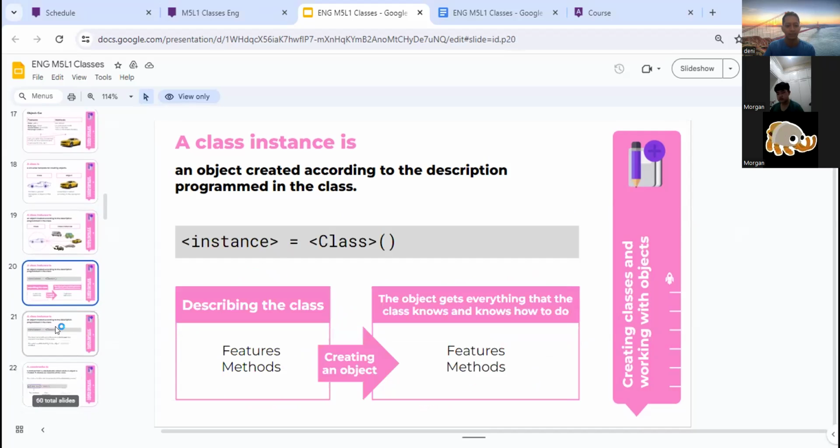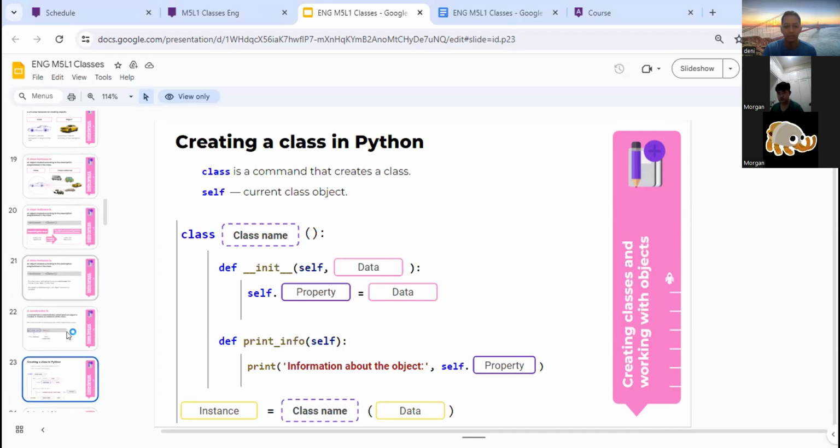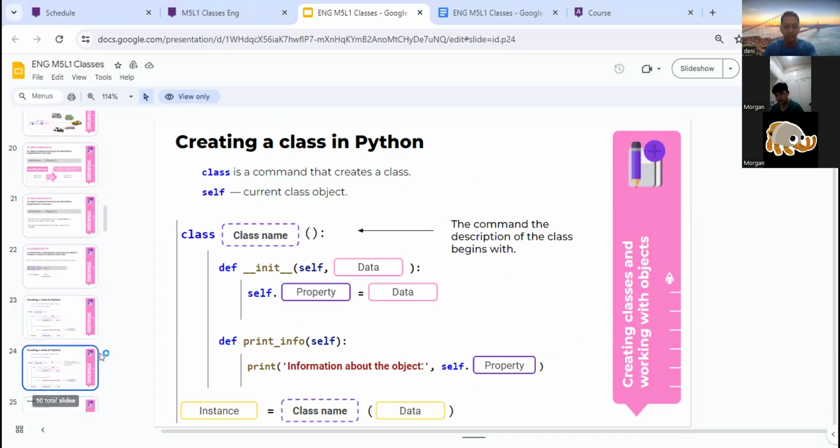A constructor, maybe I will explain it later. Creating a class in Python: class is a command that creates a class. Self is the current class object. I will skip this part.